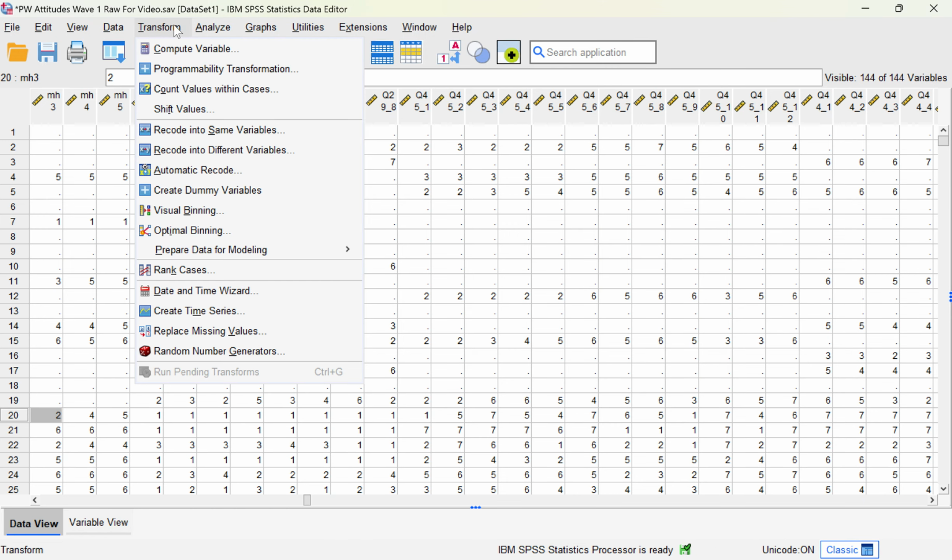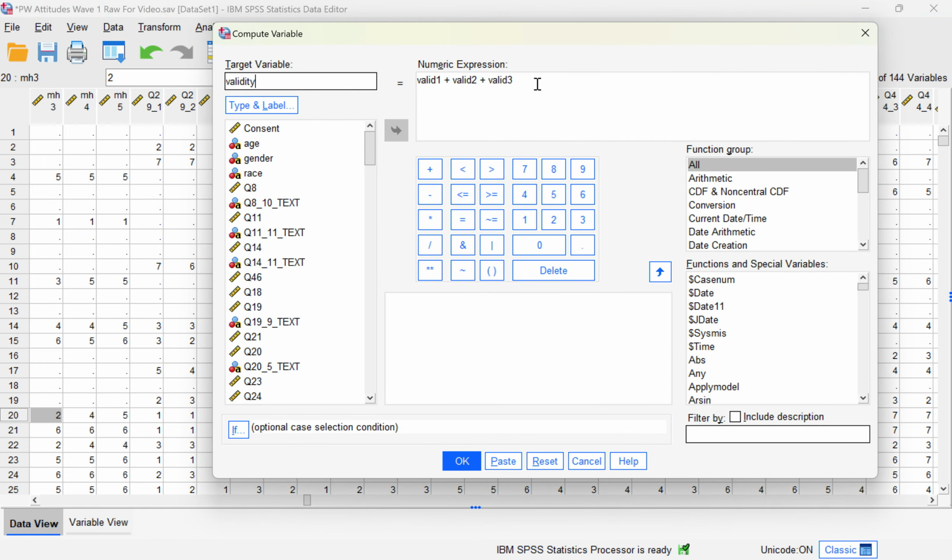So you just go compute variable, and we're going to call it mental health. Now, I'll just give you a pro tip. I see a lot of people putting the acronyms of scales as their variable that they're creating. This is pretty confusing,